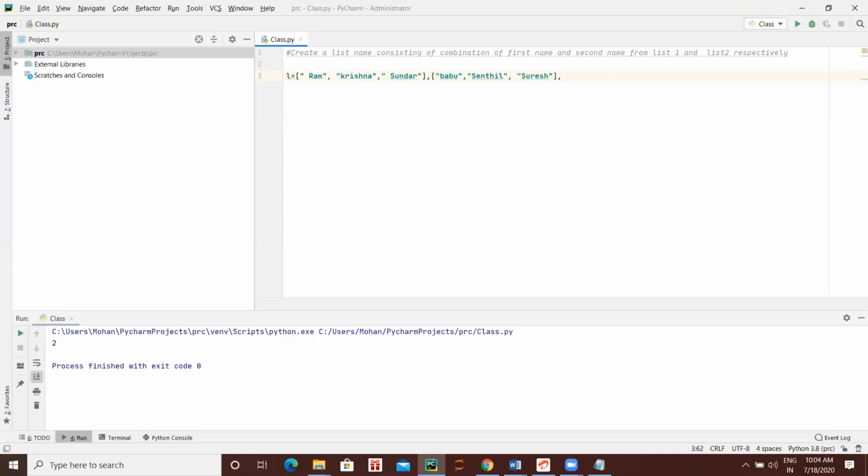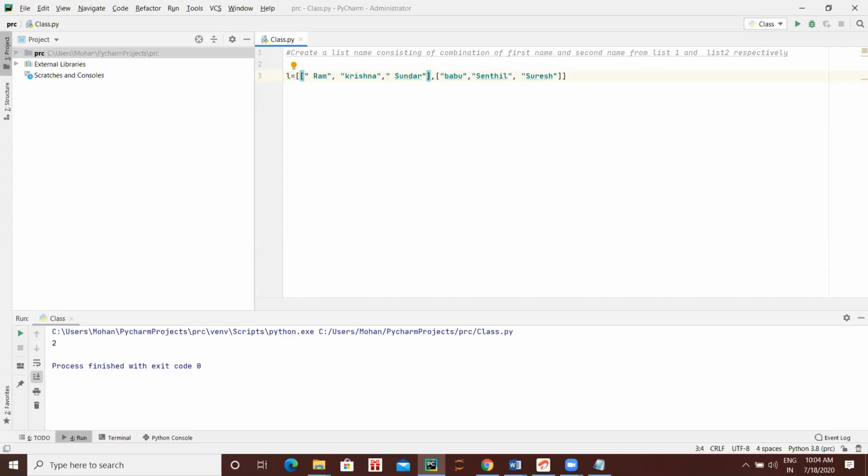Remove that comma. At the beginning also give one, after equal to. So now see here, this is a list within the list. The first list has the first names, the sublist has the second names.